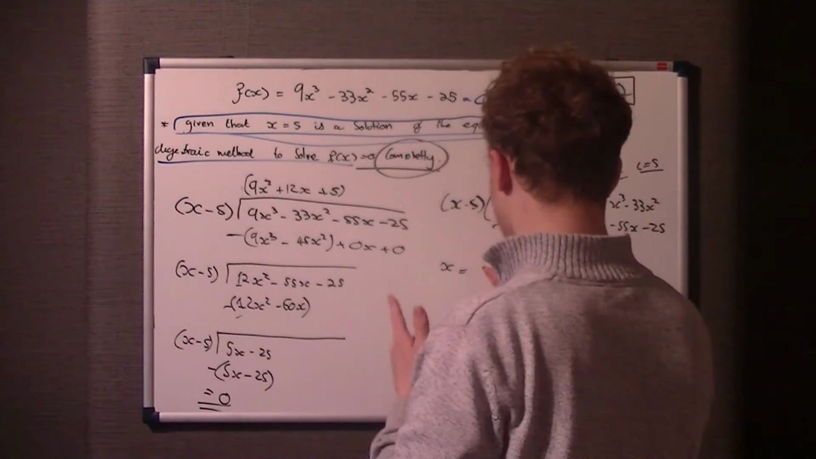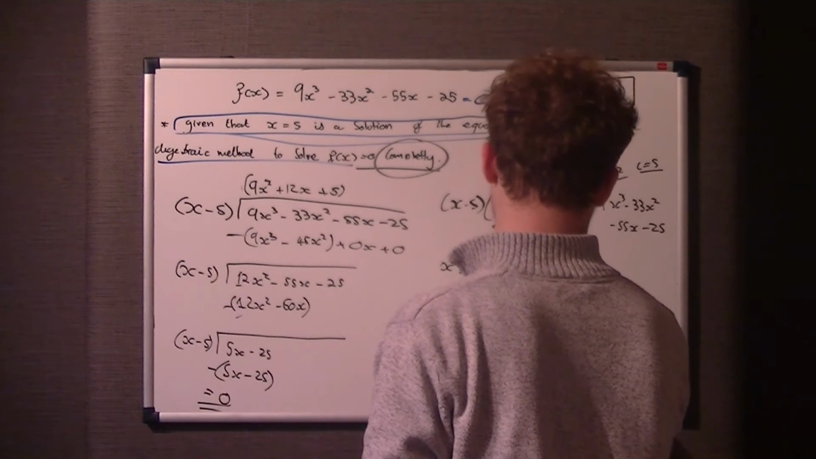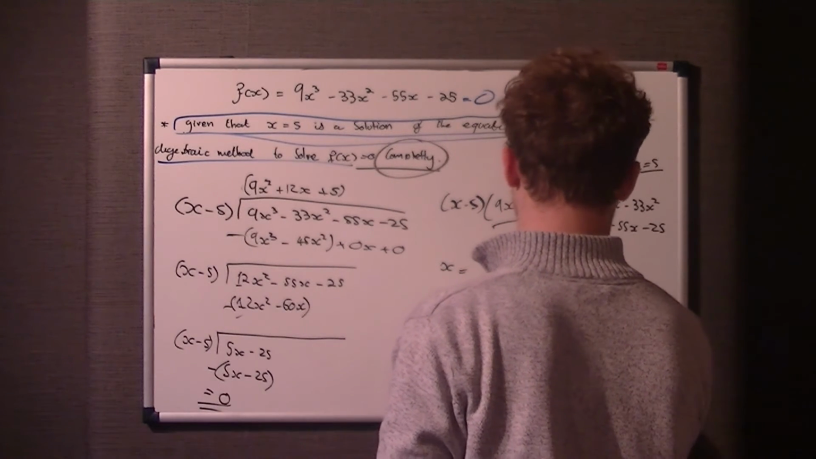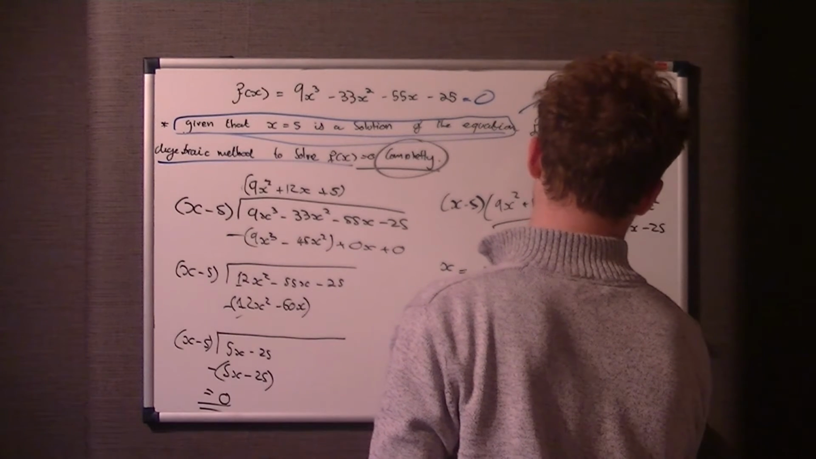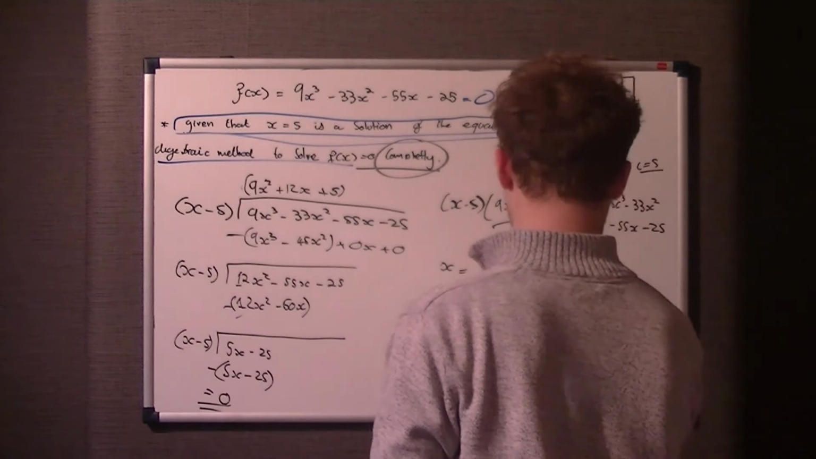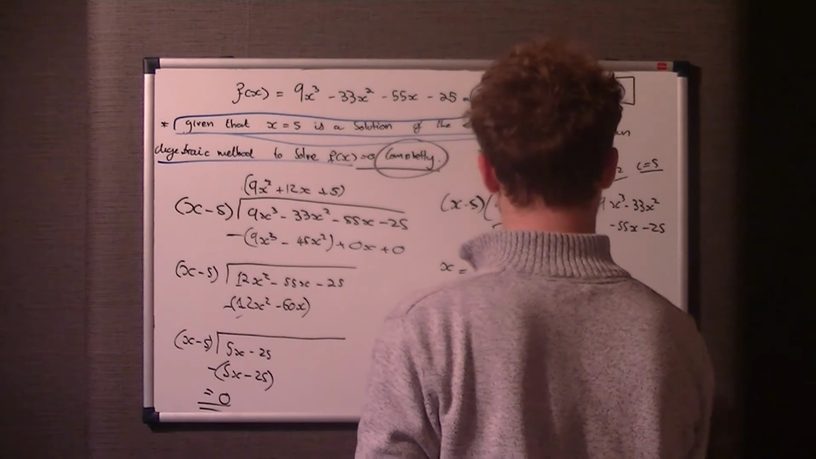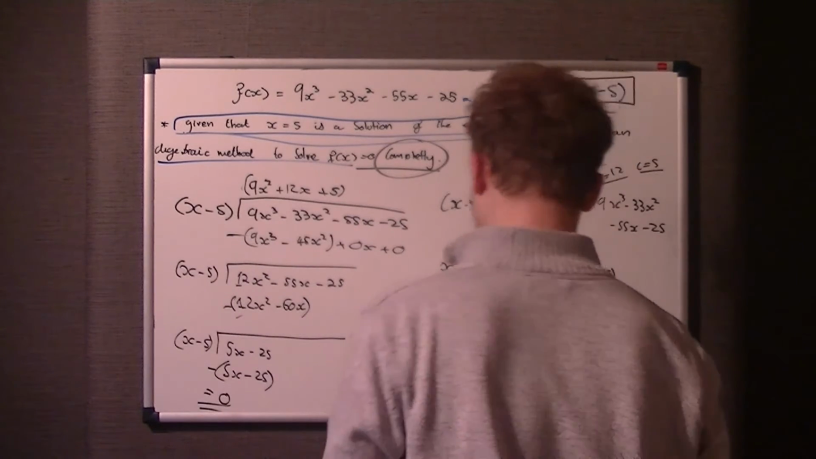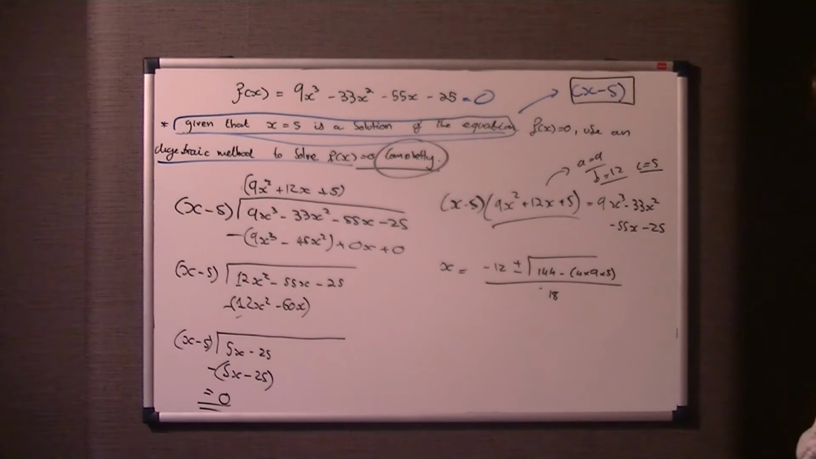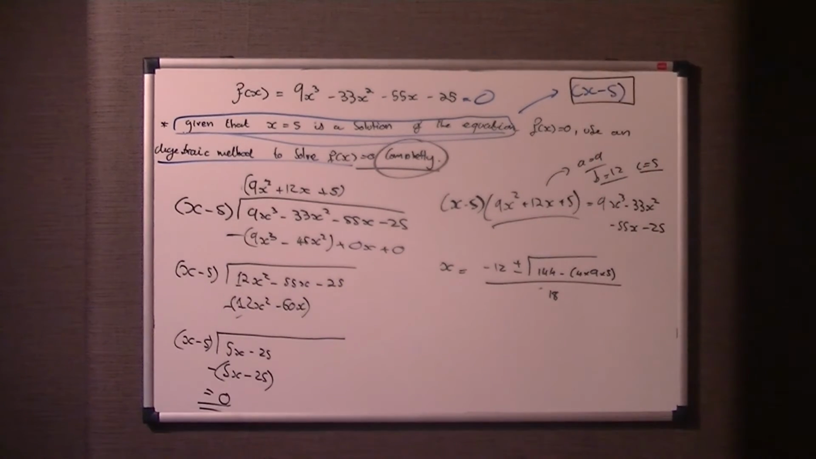Anyway, so it's minus b, so it's minus 12, plus or minus the square root of b squared, 144, take 4 times 9 times 5. Okay, it's all over 2a, a obviously being 9, so it's all over 18. So obviously what you want to do is work out the square root, but you'll find it comes to